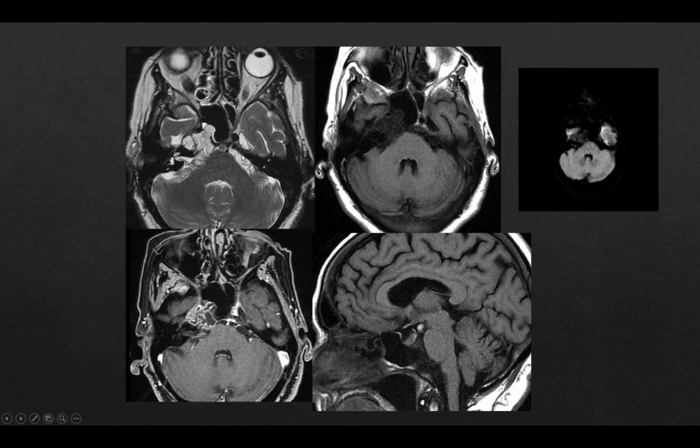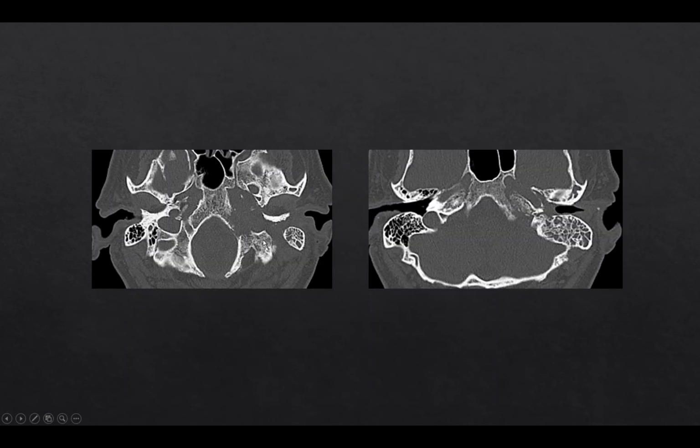So T2, lobulated, irregular mass, T1 hypointense, post-contrast enhancement with regions of non-enhancement, sclerosis of the clivus, lack of restricted diffusion: chordoma. Here we have